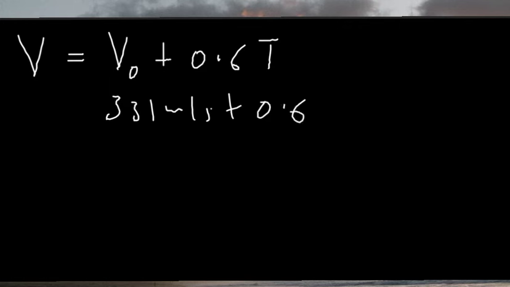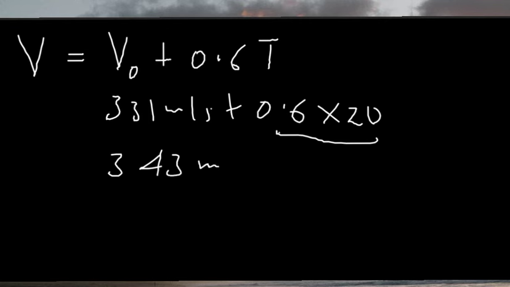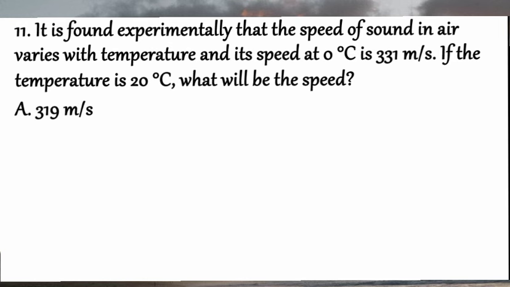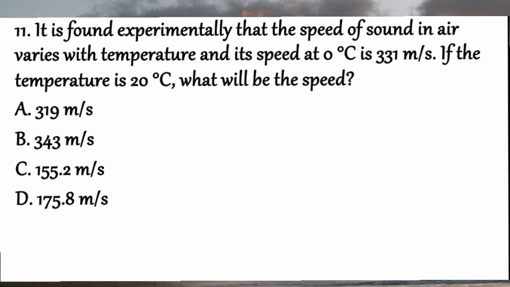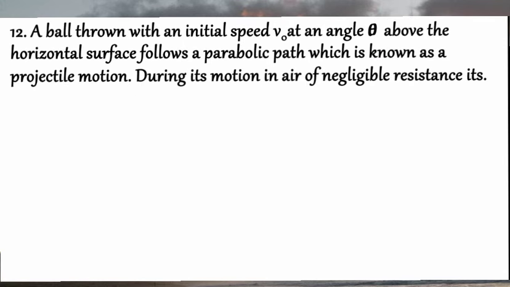0.6 multiply by 10 ይሆናል ማለት ነው፣ ይህ ማለት ደግሞ ስንት ይመጣል፣ 300። ይሄ 12 ይመጣላችኋል፣ 343 meter per second መልሳችን ነው ማለት ነው። ስለዚህ ወደ ምርጫ ሲገቡ A 319, 343, 155.2, 175.8. So the answer is B ነው ማለት ነው።